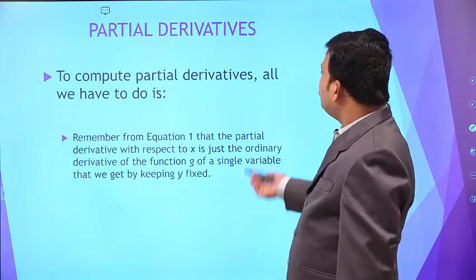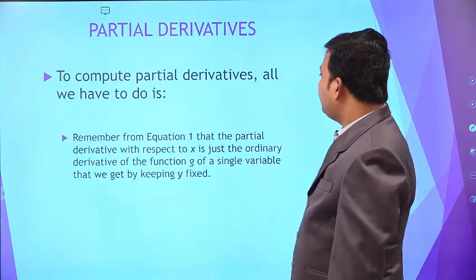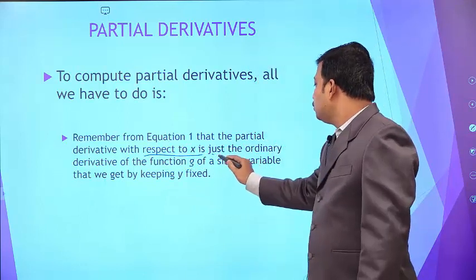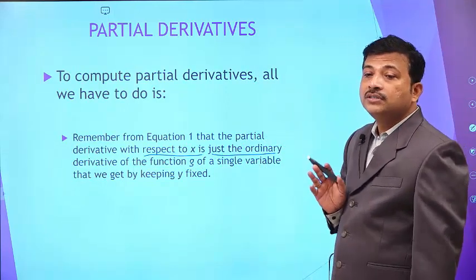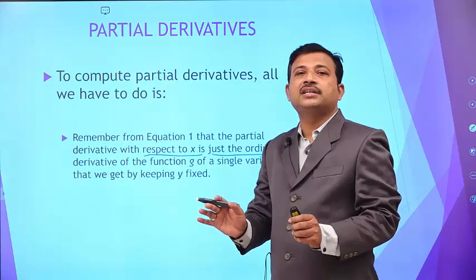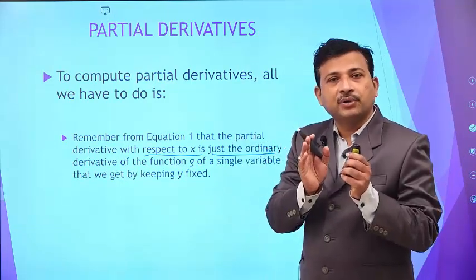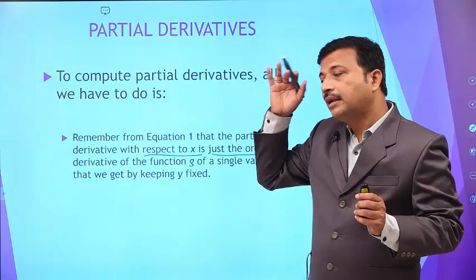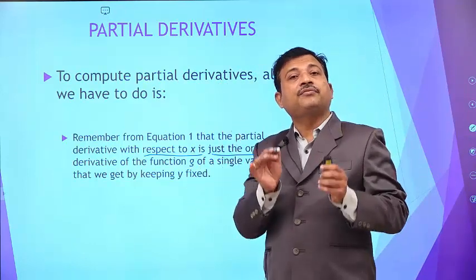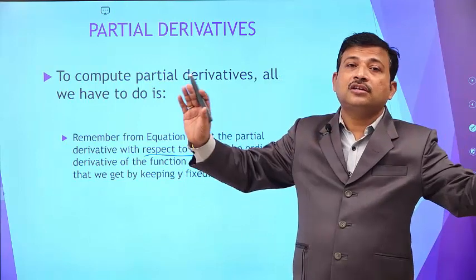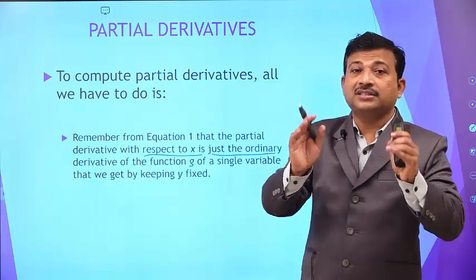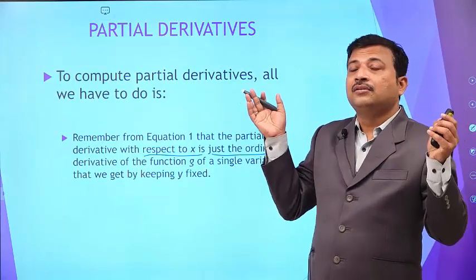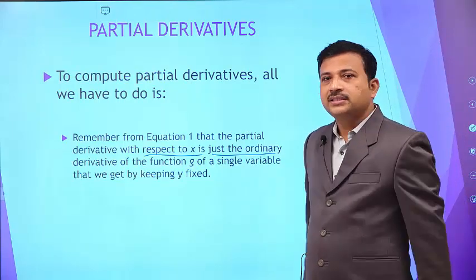To compute partial derivative, the partial derivative with respect to x is just the ordinary derivative. Remember it always. Every time we get confused, it's just the ordinary derivative. If you are differentiating with respect to x, forget about the other variable, think that it is constant, and differentiate it. Similarly, if you want to differentiate with respect to y, you should fix all the other variables as constants. Then you can do it easily. We should not think y, z and all those variables are variables, then you cannot do the problem. Is it clear? Right.